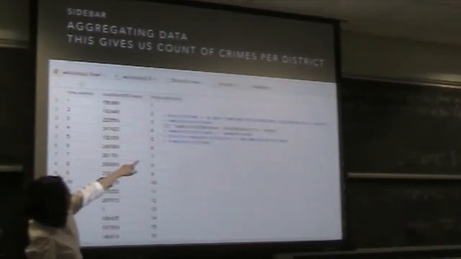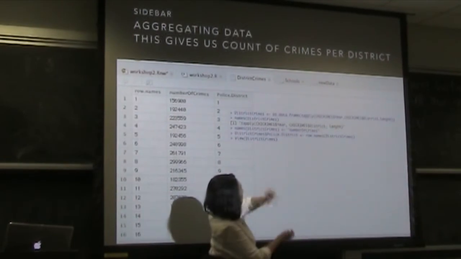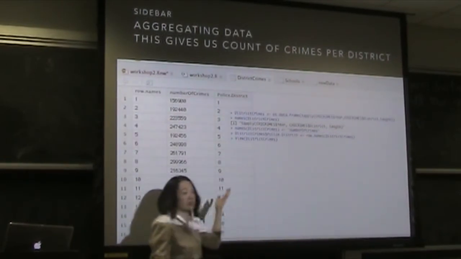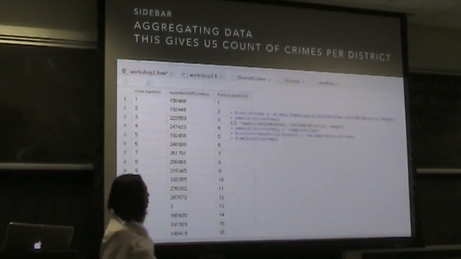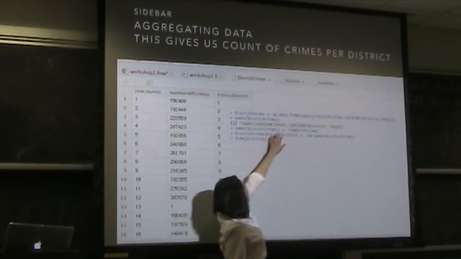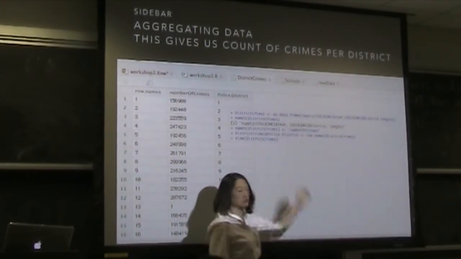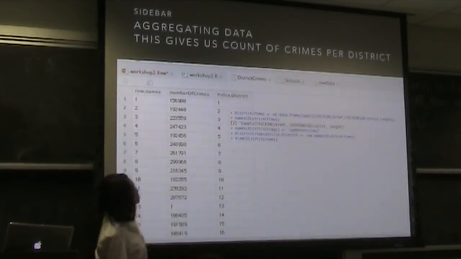So all that's going to happen is we're grouping it within district, and I'm going to count up. In other words, what is the length of the year vector? In other words, how many crimes are there, because each one of these rows is a crime. And then I'm nesting it within a coercion to a data frame. I want it to result in a data frame. And I'm going to save it as district crimes, and this is what district crimes looks like.